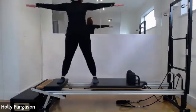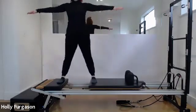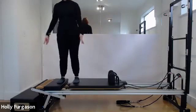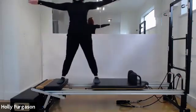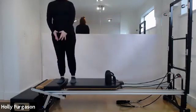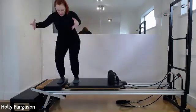And then do 2 of each. Press out, pull in, press out, pull in, and down in your squat. Stand up, down in your squat. Stand up, and 3, press out, and pull in, and all the way out. All the way in. One more time. All the way out. Almost all the way in to go into your squats for 3,